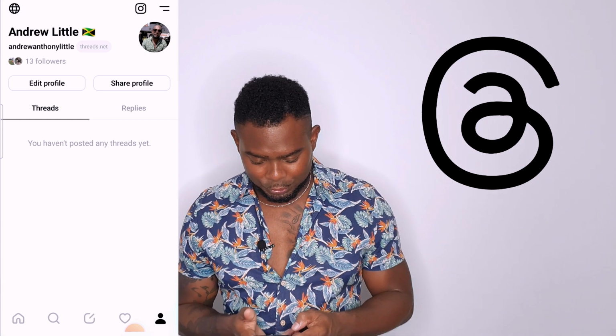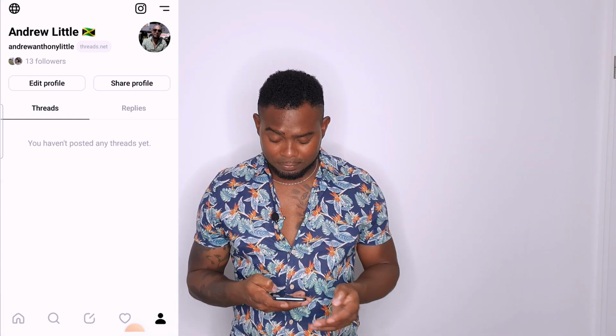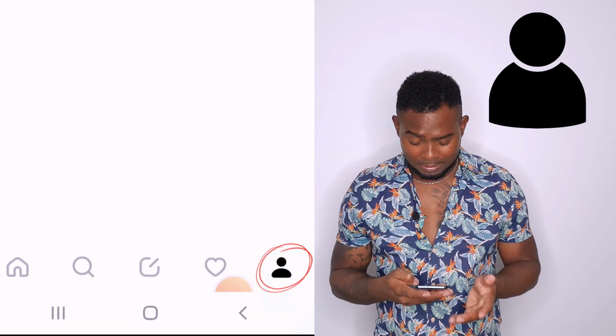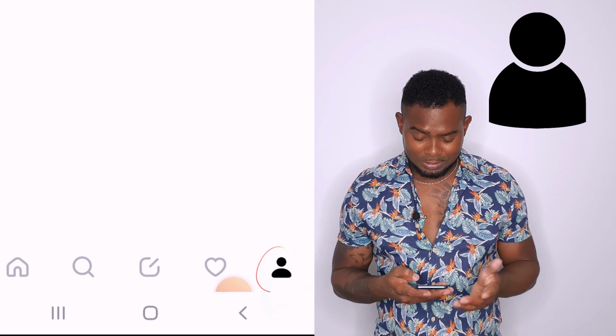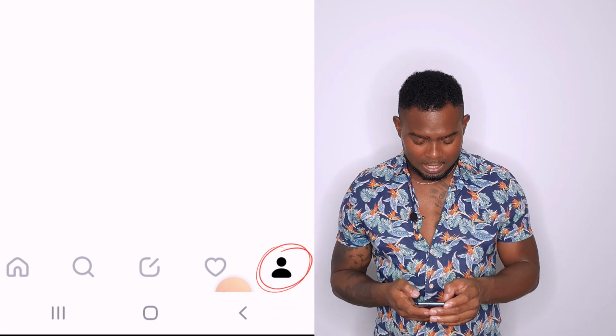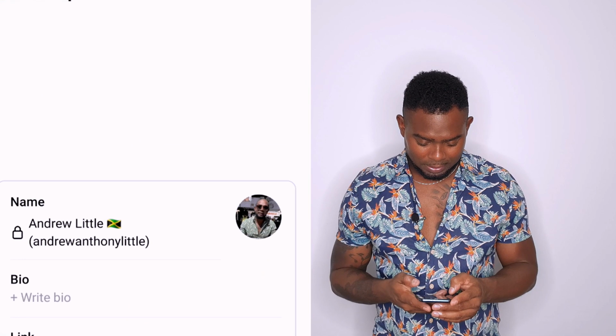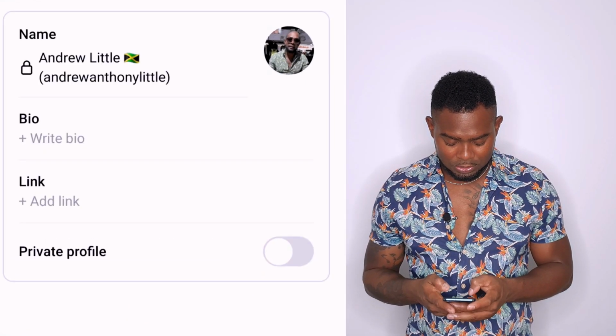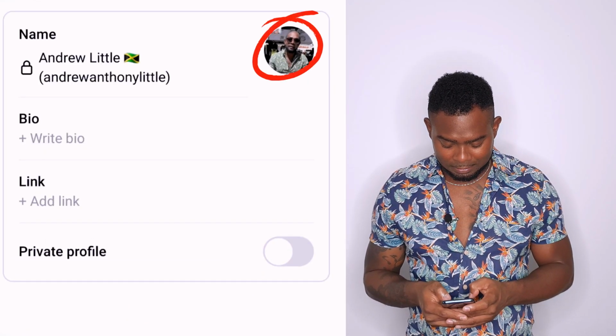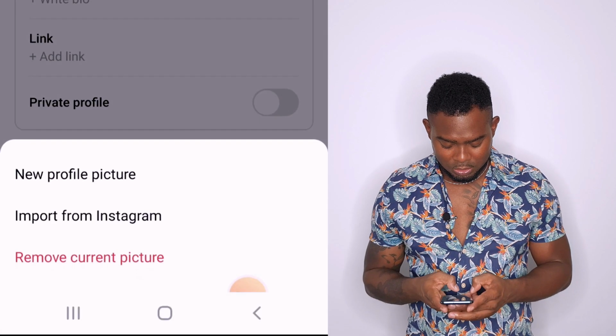I'm currently in the Threads app right here. All you have to do is tap on the lower left icon, which looks like a head, and you want to edit your profile. Right now, once you click edit your profile, just go ahead and tap on your image and you will see